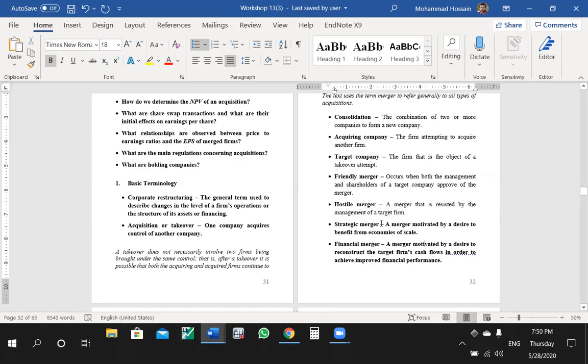A strategic merger. Benefit from the economies of scale. So two companies are actually paying too much. Like in Australia now, you will find a lot of people actually merging together to form their own self-managed super fund. Three, four people together, they manage their own fund because too much they're paying for the administration fees, government taxes, and everything. So they actually go for a self-managed super fund.